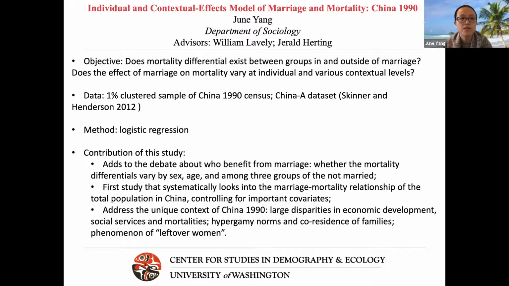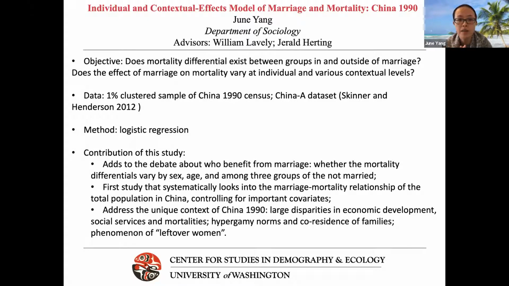I used the data from the 1% cluster sample of the China 1990 census, together with an unpublished data set on mortality data that corresponds with the census. And I also used the China A data set by Skinner and Henderson that has county level variables of the same era. I use logistic regression as the method,